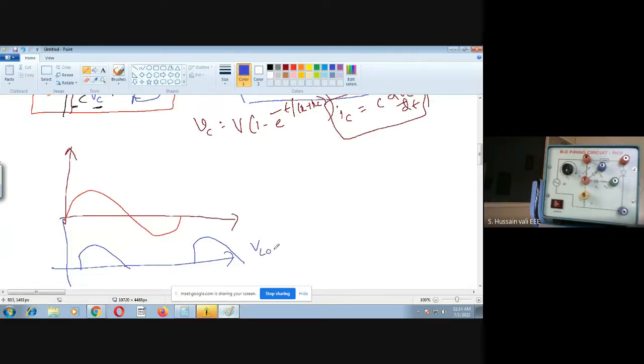This is the V load. This is V supply. So you can capture these waveforms using CRO. I don't need to show the CRO here now in the picture, as you already know, you have seen. So there you connect the terminals.